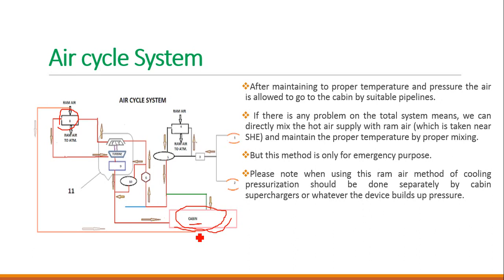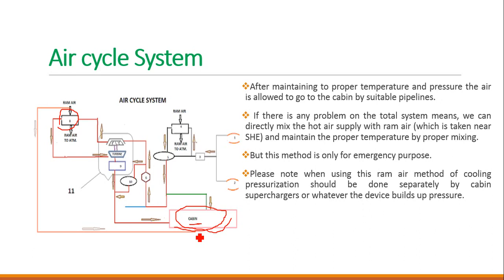So the main purpose, I will just tell like this. From the engine, the bleed air will come inside the system. The flow limiter will limit the flow of air, and from the flow limiter the air will get split between two. Some part of the air goes to the primary heat exchanger, and the other part comes near the outlet. There we have a bypass valve section, and from the heat exchanger, the hot air from the compressor gets somewhat cooled down, and is then passed to the refrigeration unit.